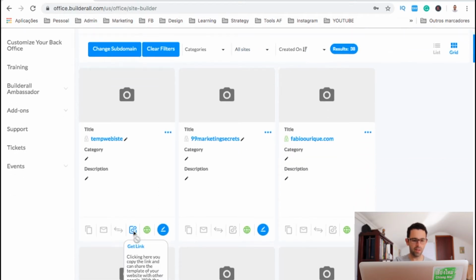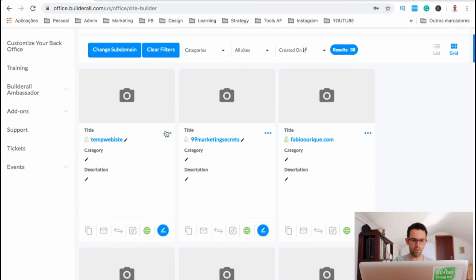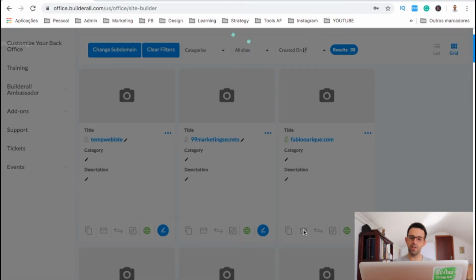Now here we can do many things. One thing we can do is, on the three dots, we could public layout, and once we do that, we'd come here to get link, and we could share this website or funnel with anybody that has Builderall. Here also, once you connect your domain to the page, for example, I'm gonna go here to my website, FábioOurique.com, there's a button on the bottom which says email. Now here, when you click here,